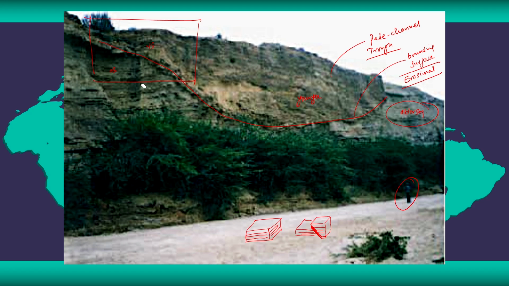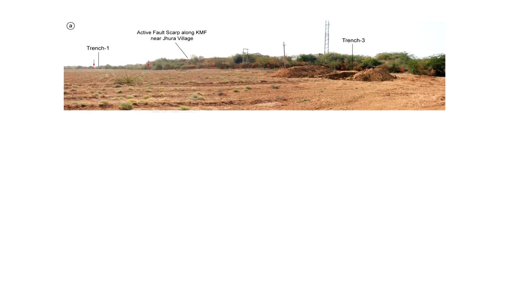So most of the time, what is advised is to look at regional contacts and the regional structure. That allows you to have a proper and correct interpretation. People have done this and wrongly interpreted such features as fault contacts. Then, when we are doing trenching and trying to expose the fault plane as well as the deformation sequence,